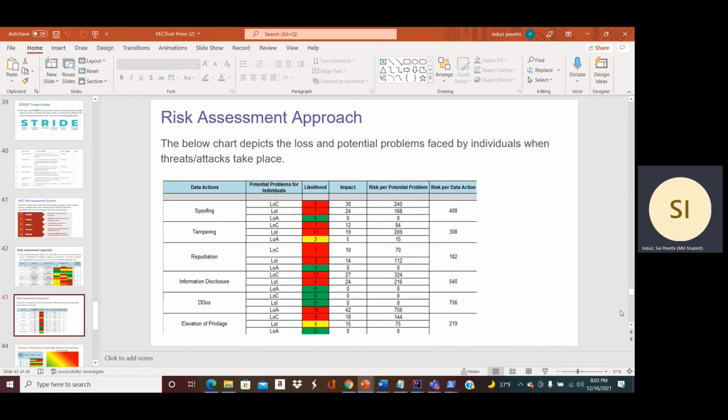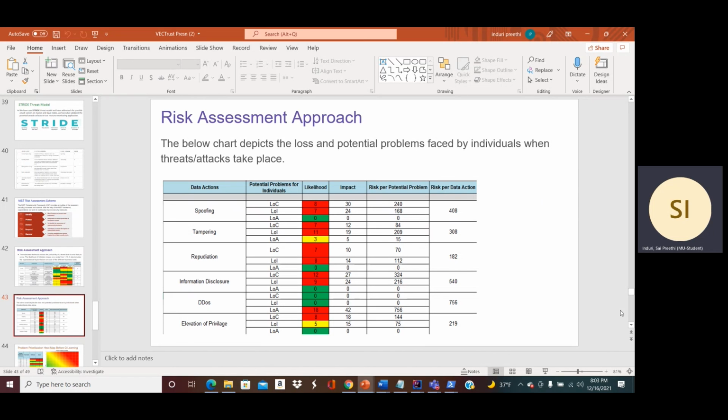So over here in the risk assessment approach, the below chart tells us the loss and potential problems an individual faces when the attack or threat takes place. So in the spoofing category, the potential problems the individual faces are 3. That is loss of confidentiality, integrity, and availability. So we have given out the likelihood for all the three problems the individual faces on a scale of 1 to 10, and then we have done the summation for all the 3 factors to give out the risk per data action.